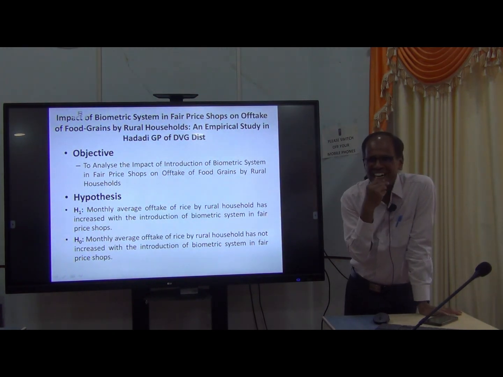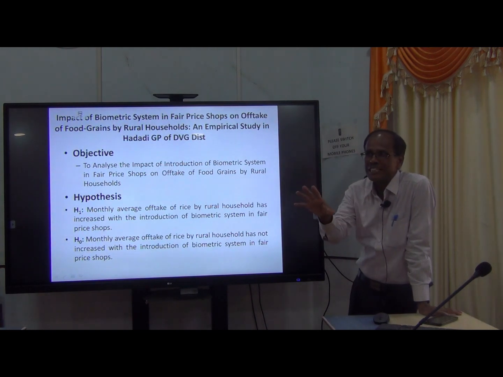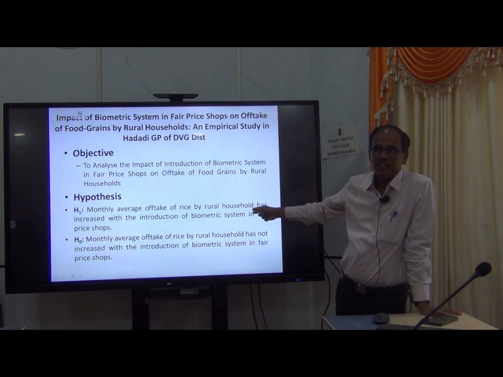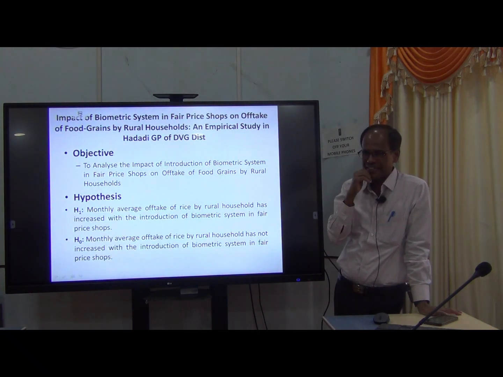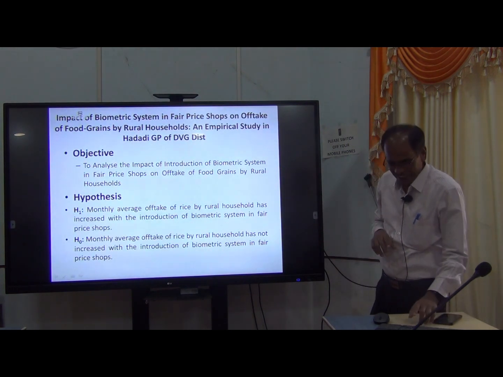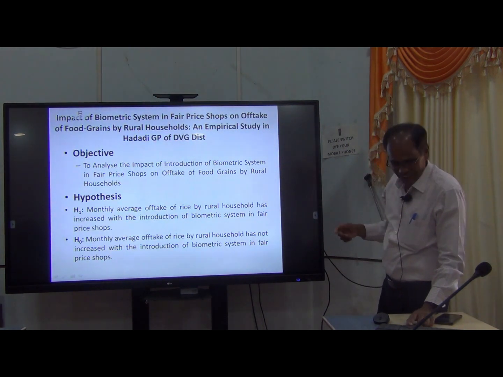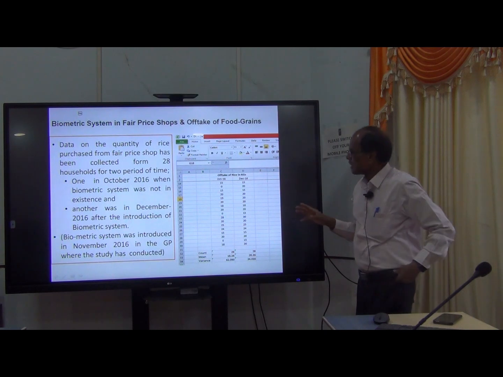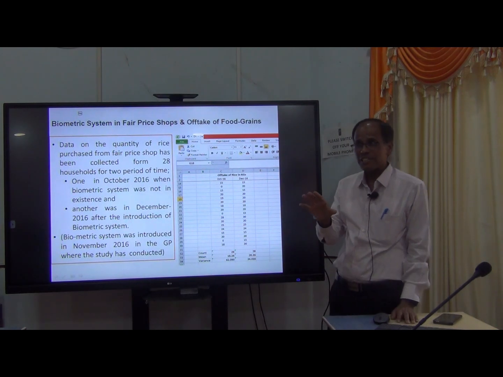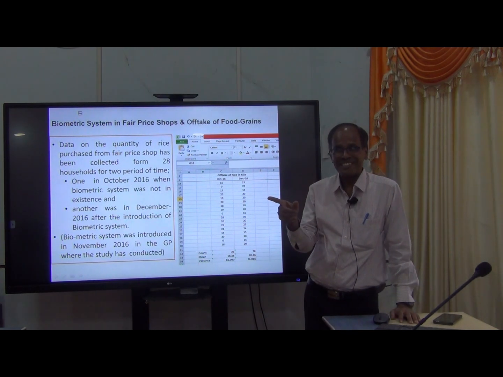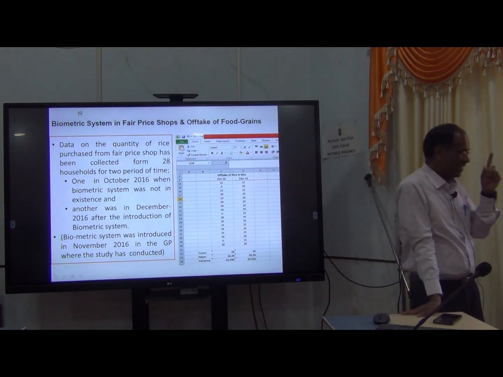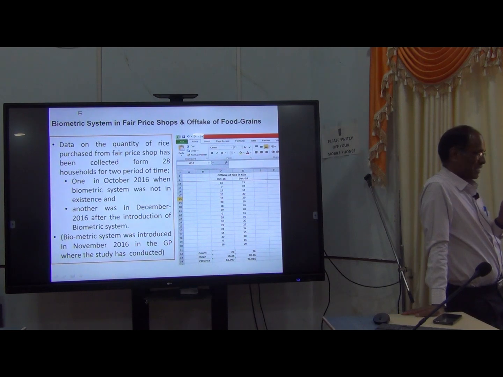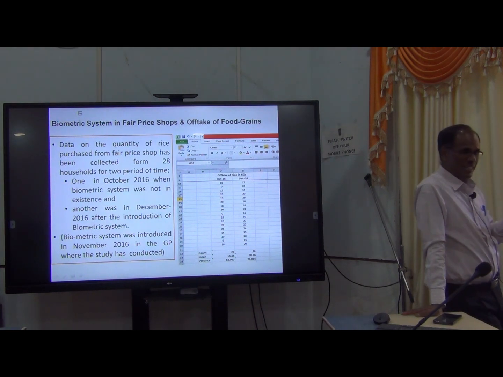But mature writers need not write all this null hypothesis and alternatives. This all depends on the level of your maturity in research writing. Okay, leave it. In fact, this is a context wherein you have to use the paired test. Yes, paired test. You have to go for the paired test here because you have to collect data on, for example,